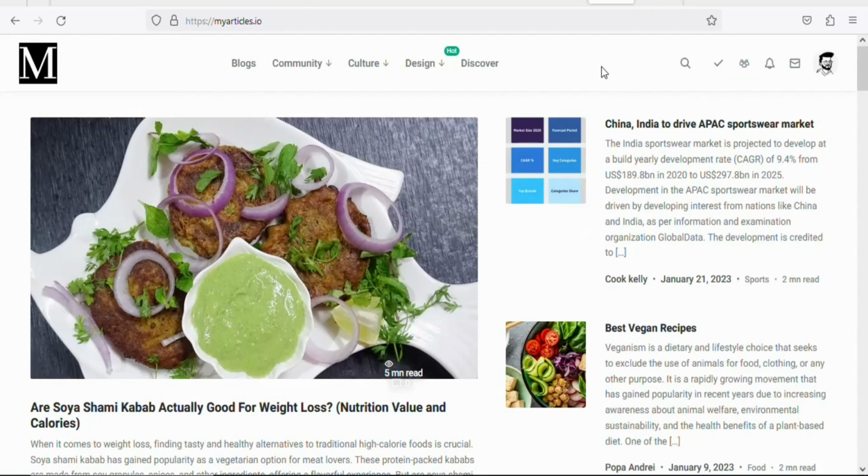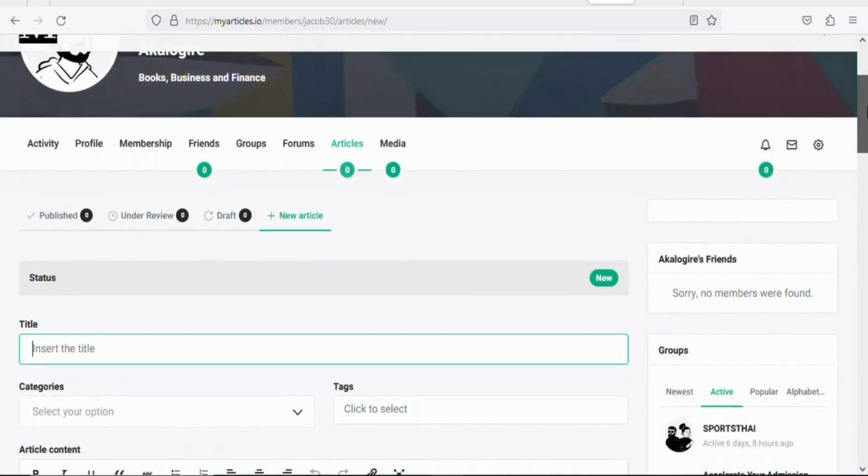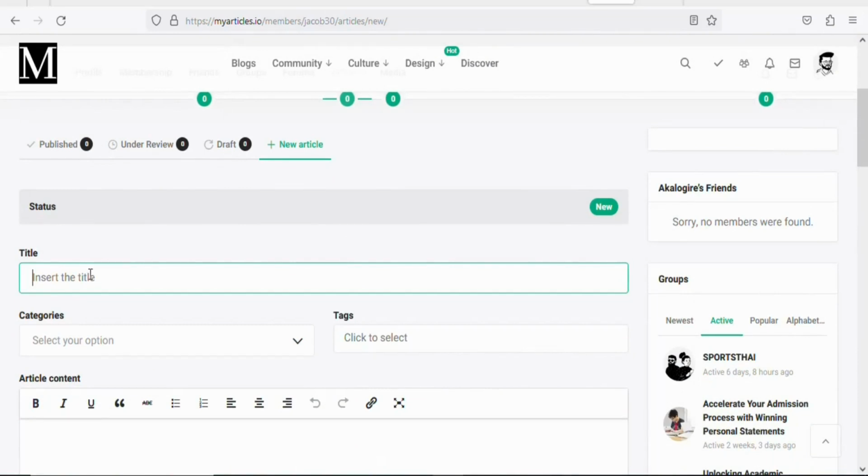So now what you have to do is that you have to publish your article on the platform. To publish your article, you are going to click on your profile right here. Once you click on it, you are going to select new article. Click on it. Once you click on it, you're going to see a page like this. So now what you have to do is that you have to